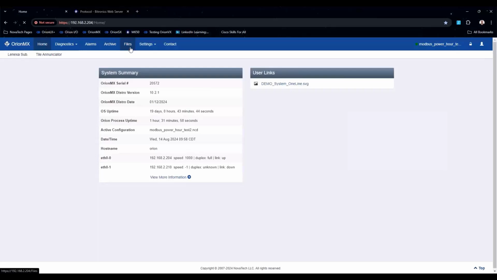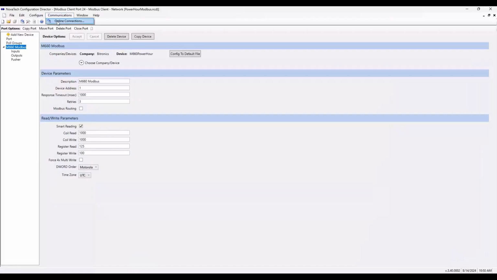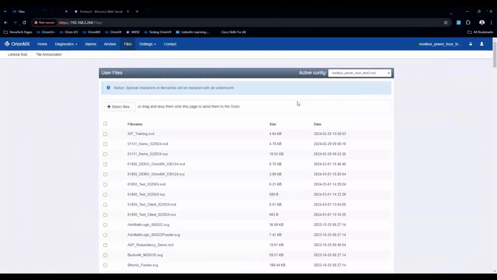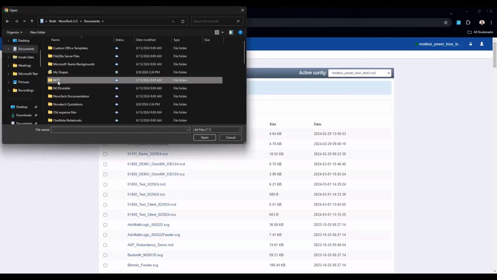Now remember, there are multiple ways to send these files. You can use the command window here in NCD to send the files. If you prefer doing it, it's certainly not wrong to do it that way. You can use this screen too. You can drag files and drop them right here, and then those files will populate on a list and you can click send. I'm going to click select files, and I'm going to go to documents, NCD